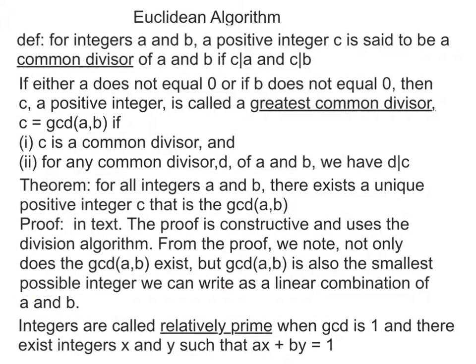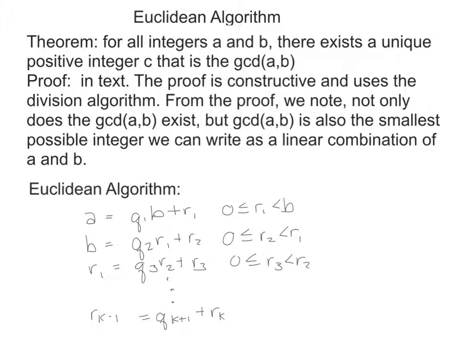And I need to squeeze in one more definition. Integers are called relatively prime when their greatest common divisor is 1, and there exist integers x and y such that ax plus by equals 1. Okay, this is what the Euclidean algorithm looks like. This is how you find